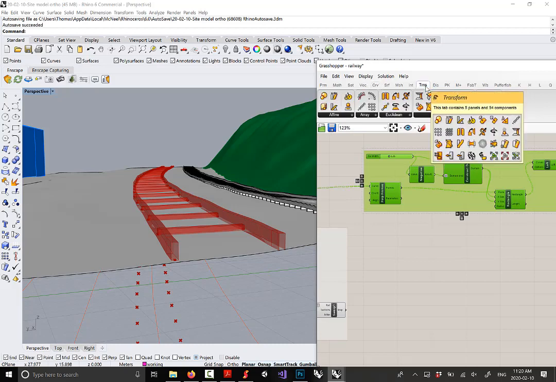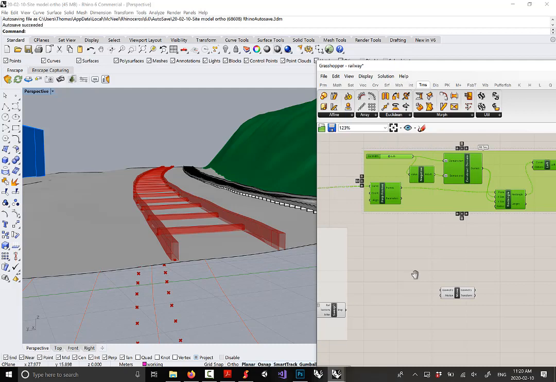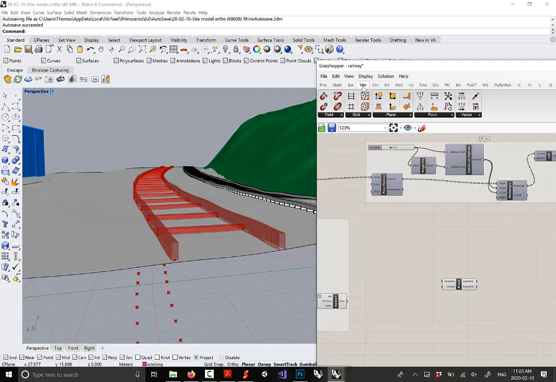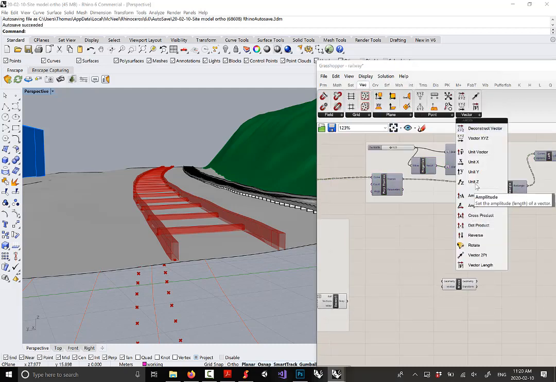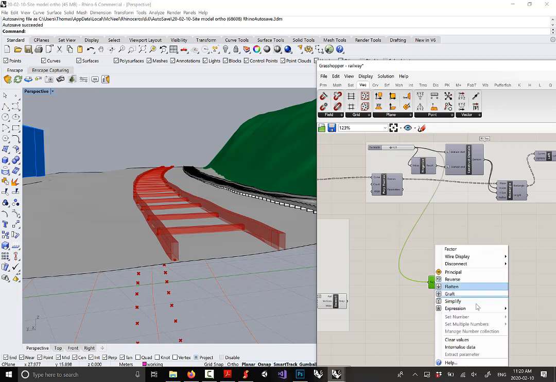You would just go to Transform, Euclidean Move. You would go to Vector, Vector, Unit Z. You'd plug Unit Z into your motion. You'd plug your tie width into your factor. You would right-click on factor, go to expression, x divided by 2, because we want to just move it up